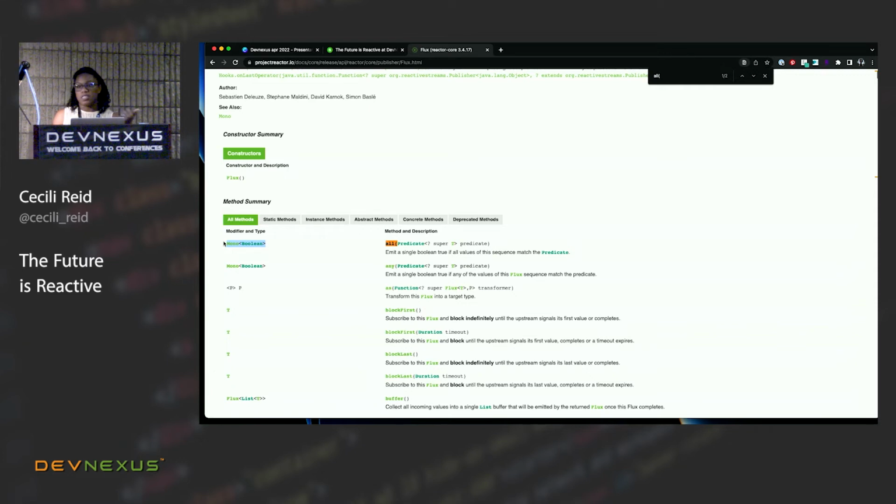If you remember, Fluxes are publishers. They implement the publisher interface. Mono is also a publisher implementing the publisher interface. So if I am doing some kind of action in all this non-blocking logic to create a publisher, I can't just go from a flux down to a Boolean. If I just want one object, I'm going to go from a flux to a mono. Does that make more sense?